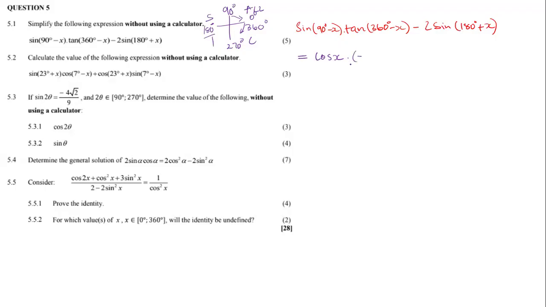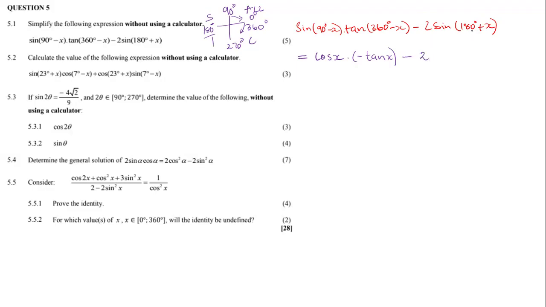I'm putting the bracket over there because sometimes you can make mistakes by thinking you are actually looking for the difference between these two expressions, so it's important to do that with a bracket. So tan is negative in that quadrant, so we're going to have negative tan x. Then minus